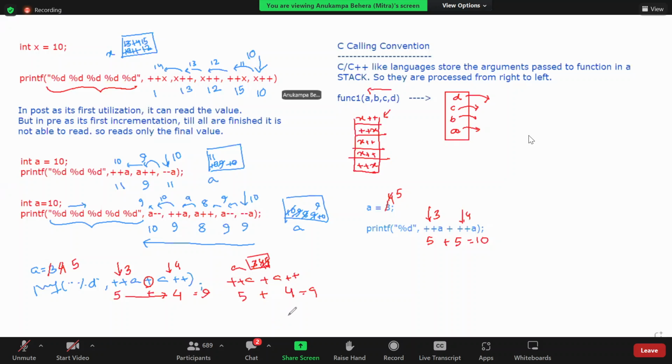समझ में आया? दीपंकर समझ में आया? हाँ, सृष्टि क्या प्रॉब्लम हुआ तुम्हें? क्या नहीं समझ में आया? 2 प्री इंक्रीमेंटेशन है, तो आप पूरा प्री इंक्रीमेंटेशन खत्म करोगी लेफ्ट टू राइट, तो ये प्री इंक्रीमेंटेशन 3 को 4 बनाता है, ये इंक्रीमेंटेशन 4 को 5 बनाता है, फिर फाइनली दोनों में 5 रिफ्लेक्ट होंगे। 5 प्लस 5 कितना आएगा? 10। ओके,